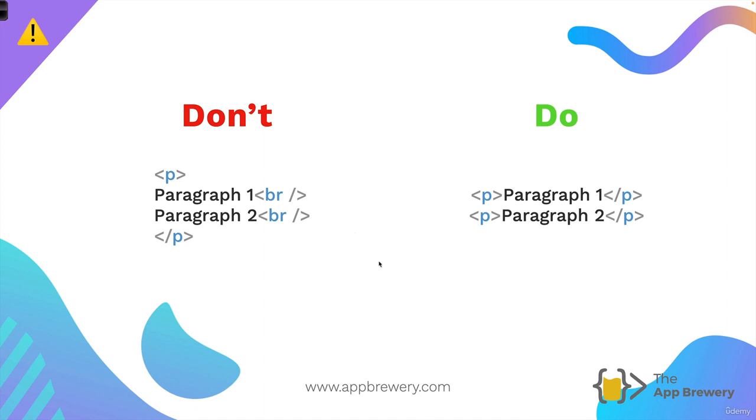Now, in terms of do's and don'ts with void elements, sometimes you see people add a break tag to add a new line instead of creating a separate paragraph element. Now, this is not what you want to do because this is not very good for accessibility, which means it'll make it harder for blind users with screen readers to understand the content on your website. So I recommend you always create new paragraph elements when you have new paragraphs and use the break element only when there is some sort of reason why you would want to separate the different lines in a single paragraph,